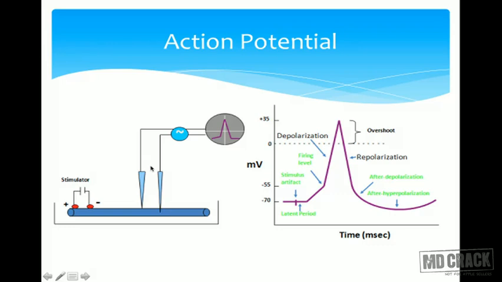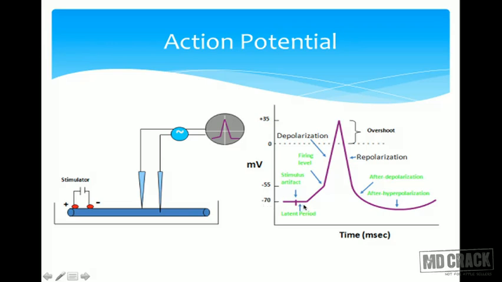So what we are going to record is, whenever the action potential reaches the membrane here, what changes are taking place in the membrane potential at this point. That is what we will record, and we will get this type of graph. As you can see here, on the x-axis this is the time scale, and on the y-axis this is the voltage, in millivolts.